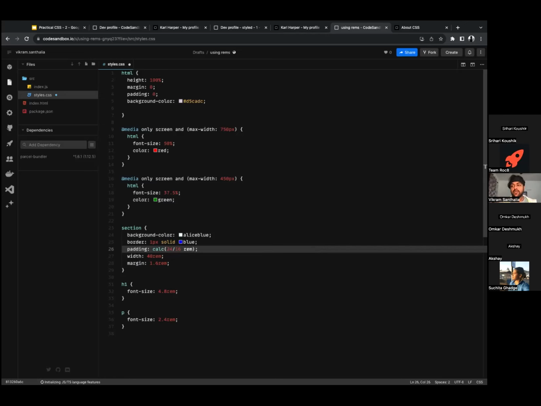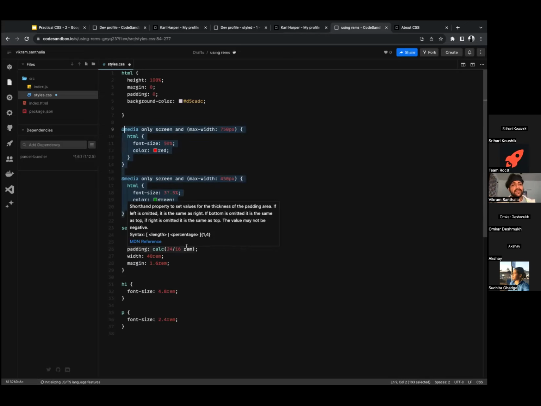Now with this way, you can control it using media queries also, right? You're not affecting user preferences, and if you use any third party libraries and things like that, then also you're not doing any harm, right? So I just wanted to take these 6-7 minutes to talk about this, because a lot of people talk about this 62.5%